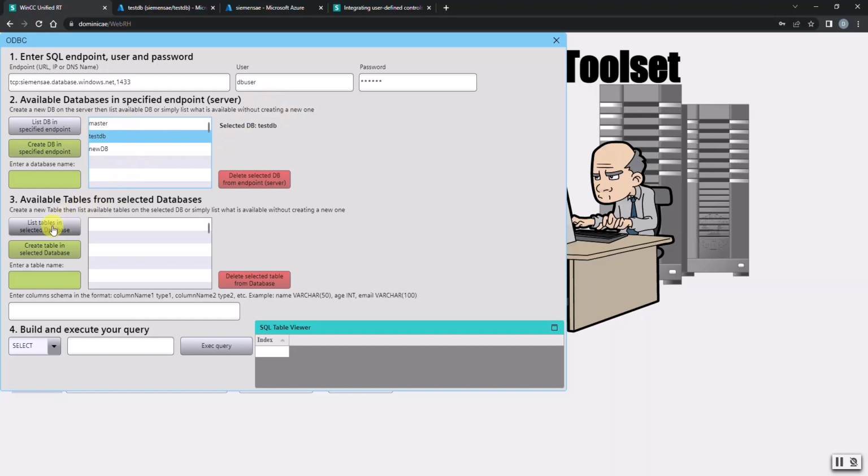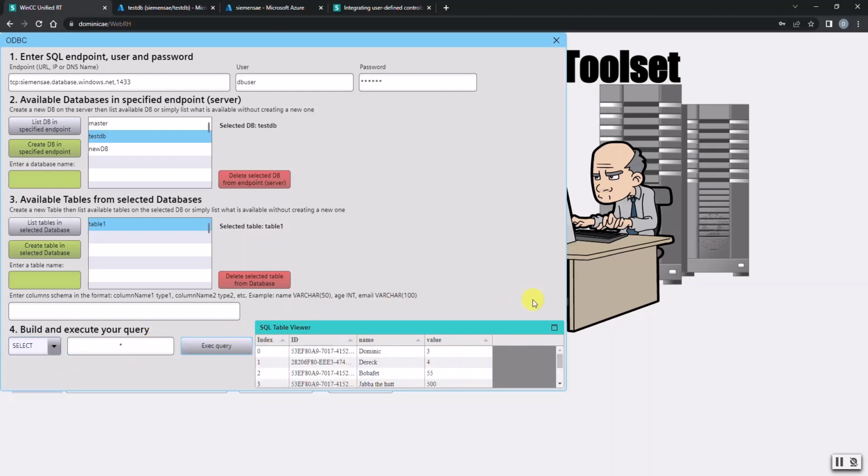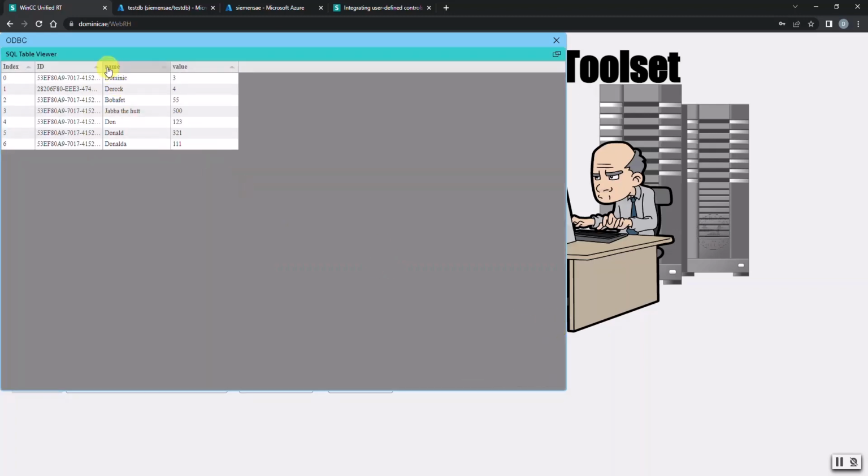and I can list tables again inside the cloud. Then I have one table, table 1. It adjusts my columns automatically, and I can select everything in that table, for example. As you can see, I have a couple of entries here,